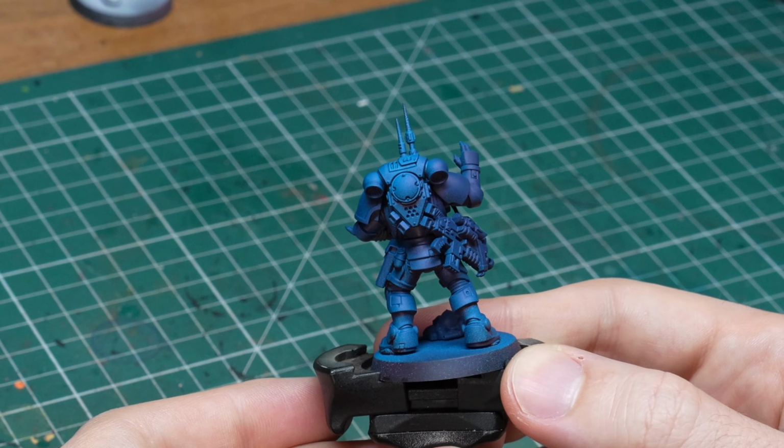Moving on to number 5, we have the dreaded glazing. Glazing is a somewhat laborious but very precise method of changing the brightness and tone of your previously painted surfaces by applying lots of layers of very thinned down and translucent paint over them. This can be used to both darken and brighten the surface, so you can use it for both shading and